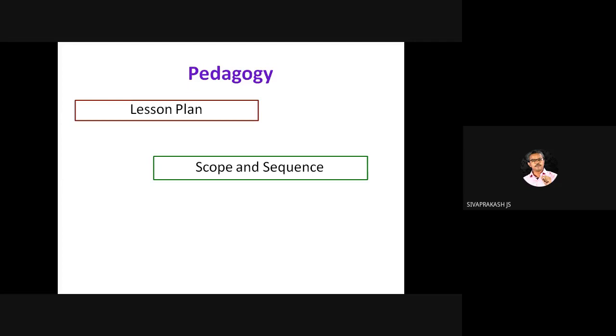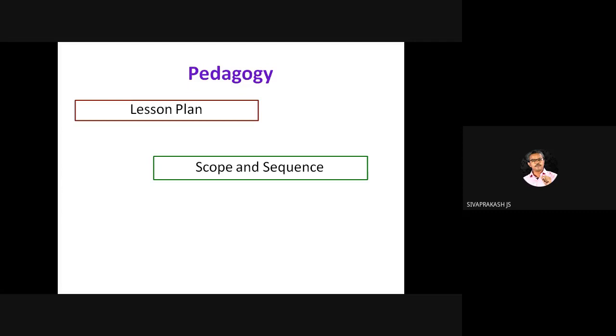So what happens? Every teacher will have a lesson plan based on their learning groups, the students' behavior and their style. A particular subject in Maths has to be taught in 5 different ways in 40 to 45 minutes, maybe 1 hour, based on the timetable, which reaches all types of students. அதனால தான் என்ன பண்றாங்க, ரெகுலர் கிளாஸ் ரூம்ல someone gets first rank, someone gets fail, but the teacher is same, the lesson taught is same, right? What is the mistake that happens? Because the lesson plan and scope and sequence carry the reason for this.